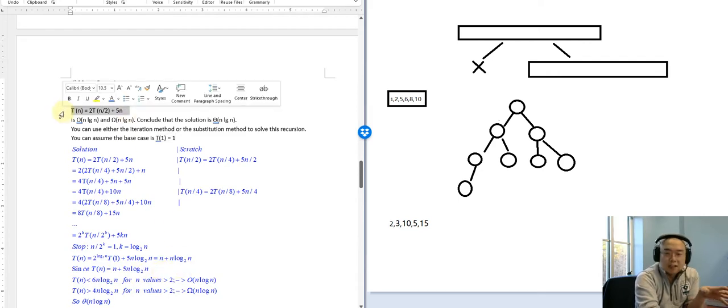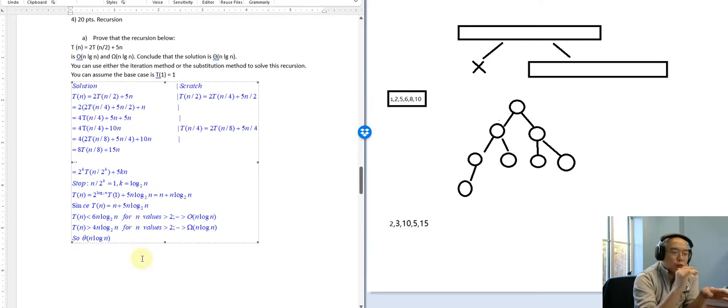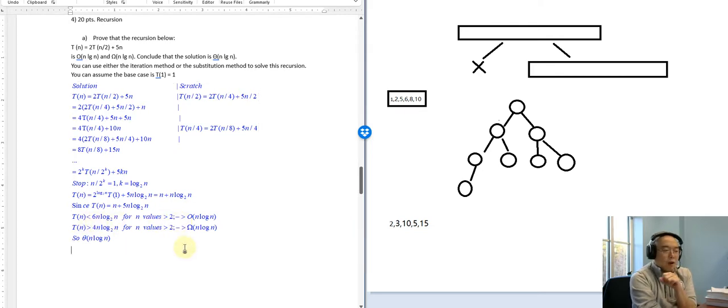So we started from here. This is the recursive version of T(n). And by using the iteration way, we figure out the non-recursive version of T(n). After that, you have to tell me what is the big O and big omega. So how do I do the big O and big omega? Long story short, you want to tell me what is the constant value here and what is the polynomial here, so that starting from n values greater than 2, you will find that T(n) is always smaller than this. So to prove the big O, you have to provide c multiplied by f(n)